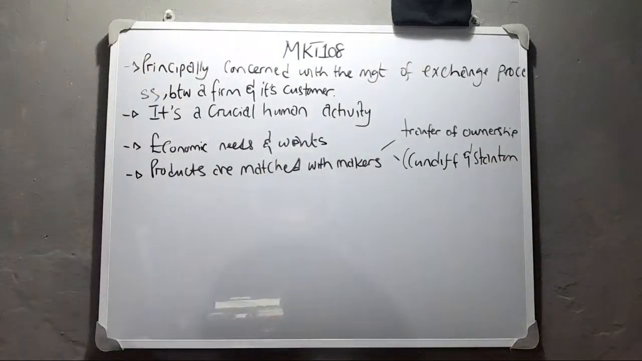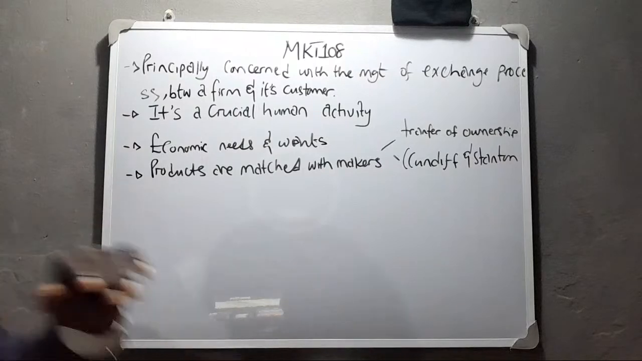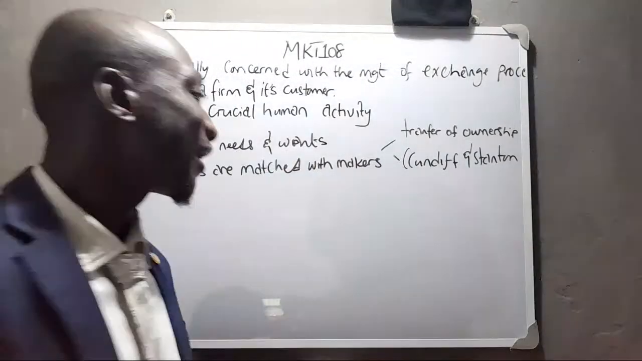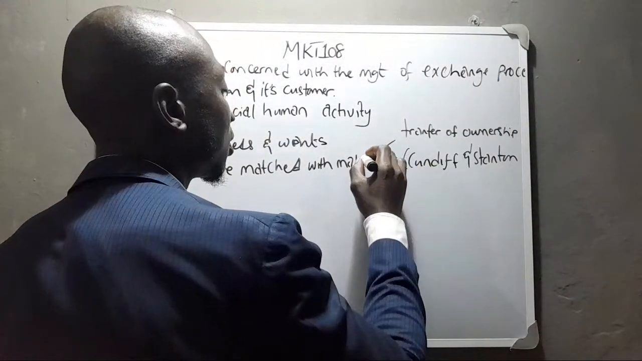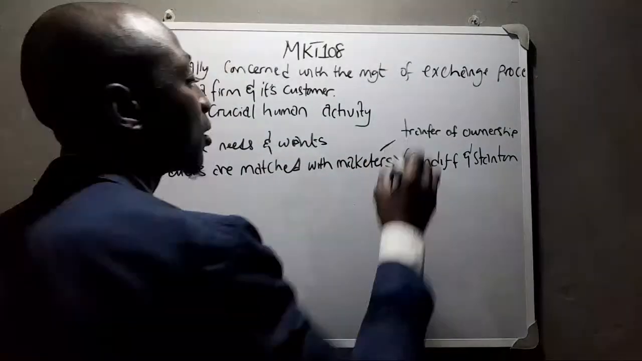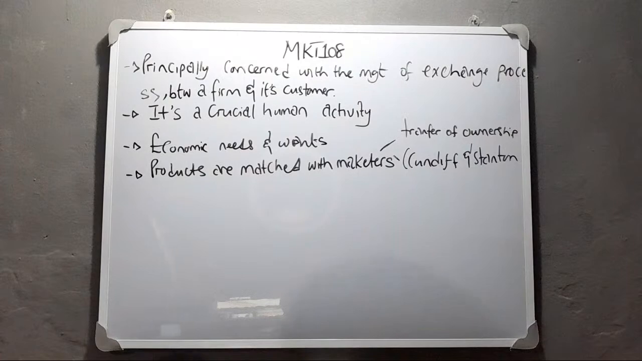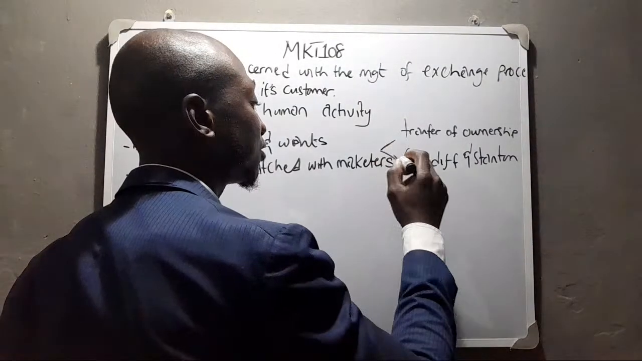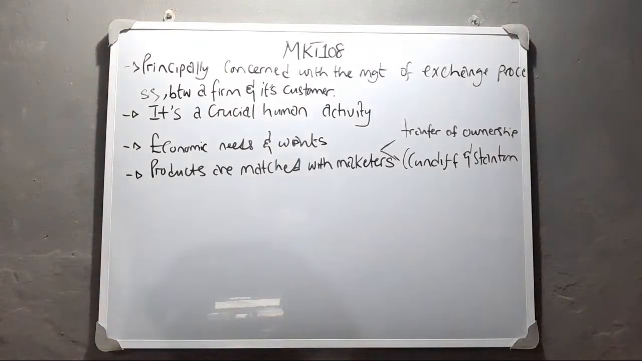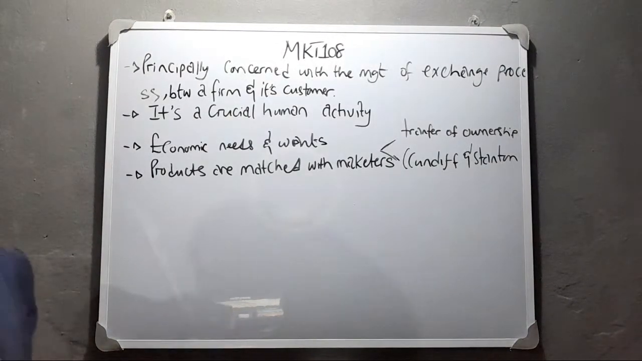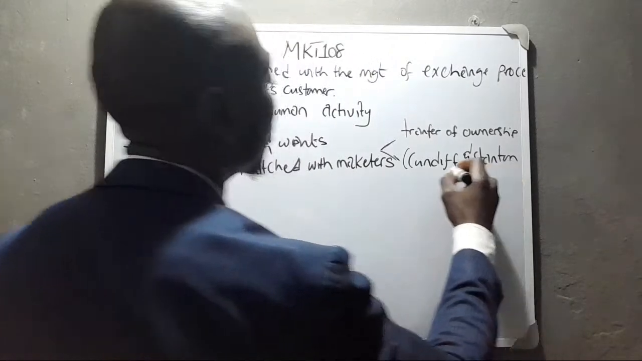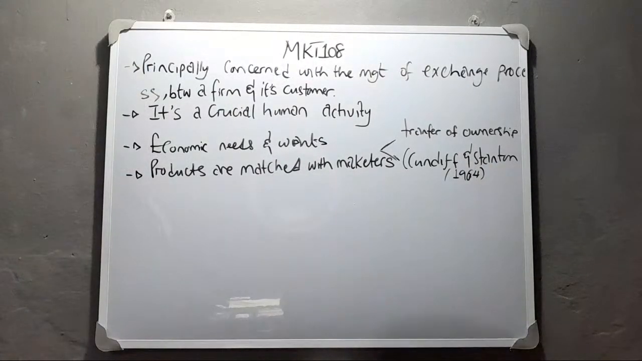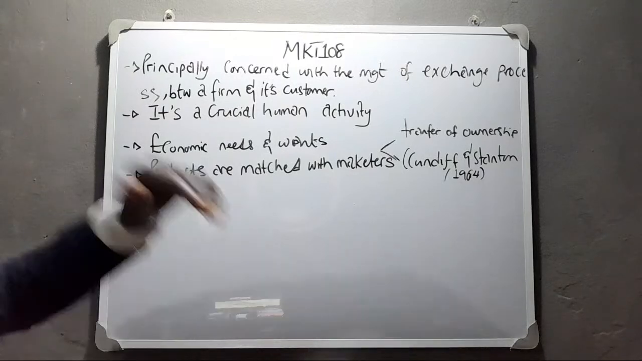When you talk about products being matched, products are being matched with marketers, and transfer of ownership is done. This is a definition by Condiff and Stanton, in 1964. Also, we have that marketing is a total system of business,